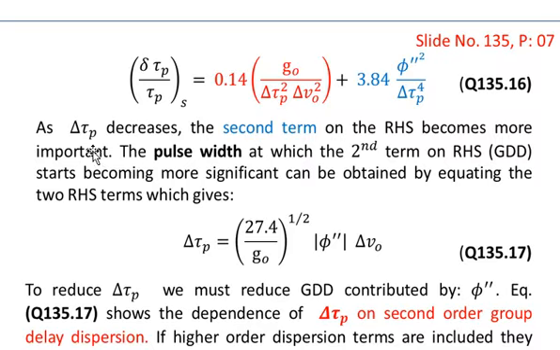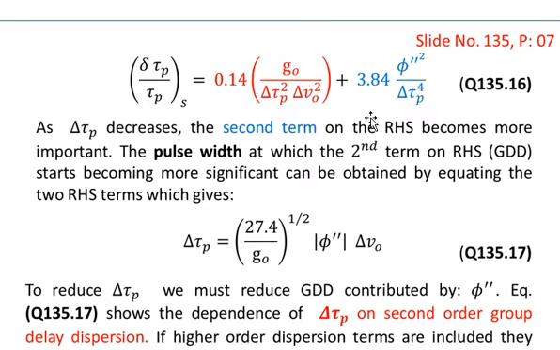As Δτp decreases, you see that Δτp is present in the denominator of both terms, one with the second power and the other with the fourth power. So as Δτp decreases, the second term shown in blue on the right hand side becomes more important. The pulse width at which the second term on the right hand side, that is the group delay dispersion, starts becoming more significant can be obtained by equating the two right hand side terms, which gives